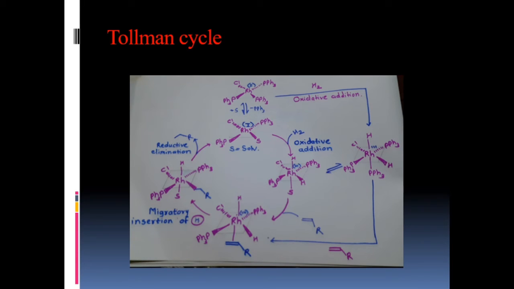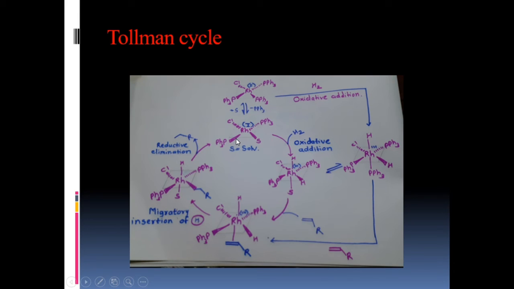So students, there are two steps of the catalytic cycle that occur more frequently in the case of different alkenes. What is that catalytic cycle? Okay, so now see here, there are two steps for a Tolman catalytic cycle. The first step is addition of H2, that is by oxidative addition reaction, and the other step is removal of one ligand. Okay, these are the two steps. So first we will discuss the first step, that is removal of one ligand.